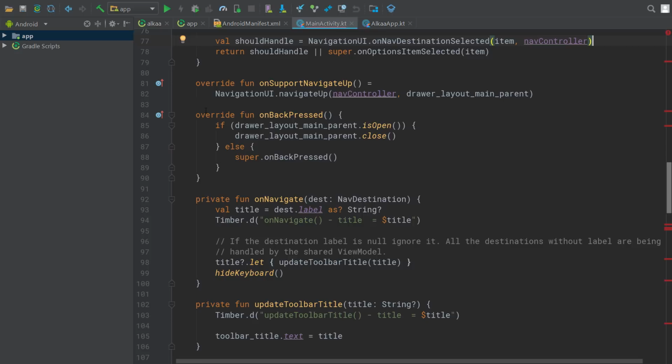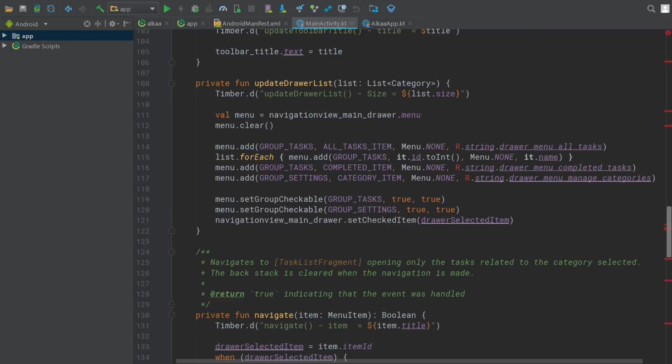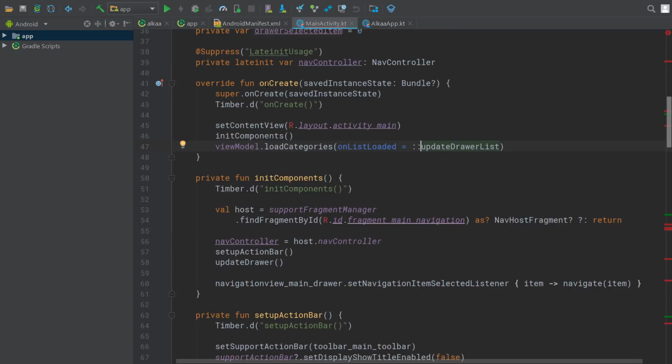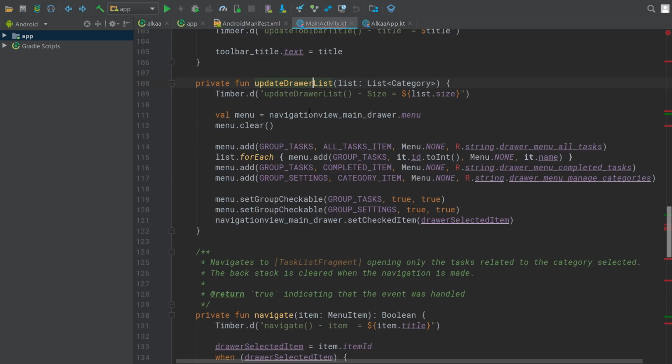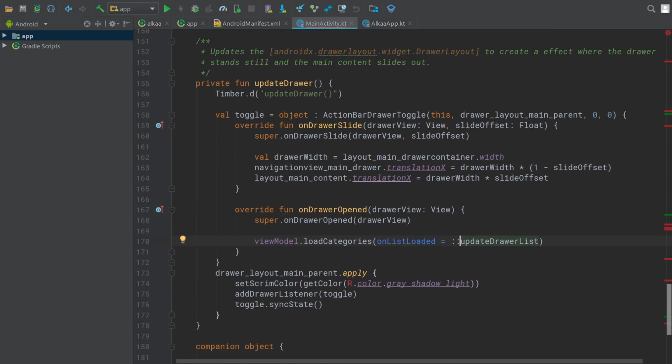Okay, so on back pressed, if the back button is pressed, we close the drawer if it's open. That's a standard thing if you use drawers. Update drawer list, where is this method called from? So basically the first time in on create, and the second time when the drawer is updated. Oh, look at that. Each time a drawer is open,